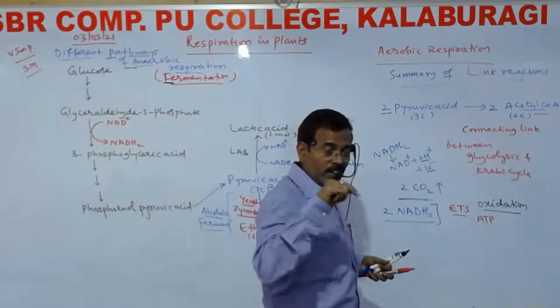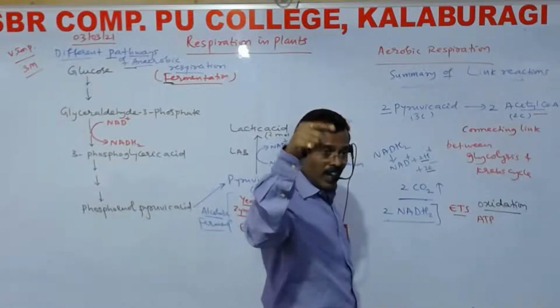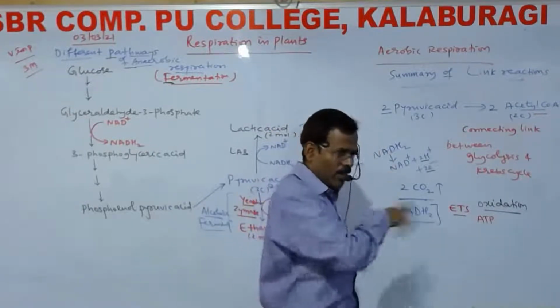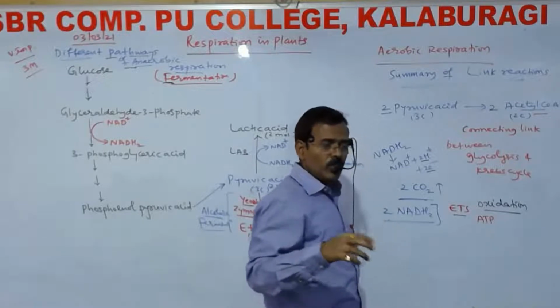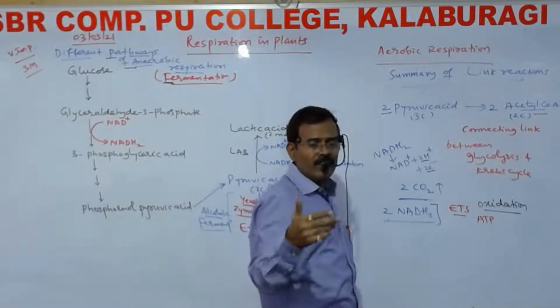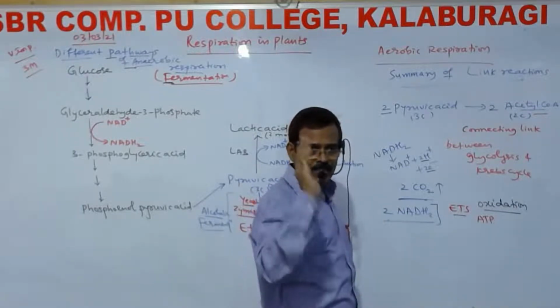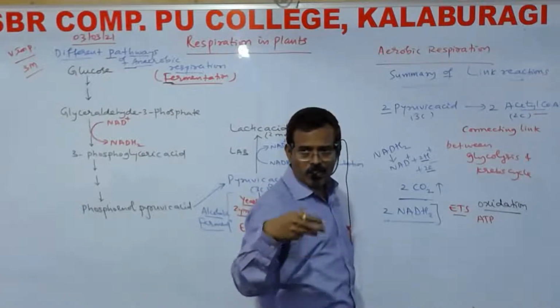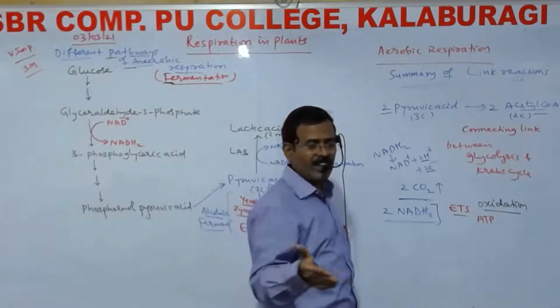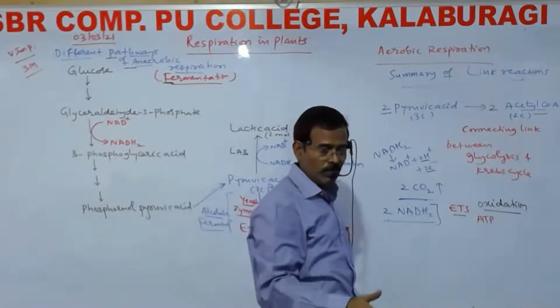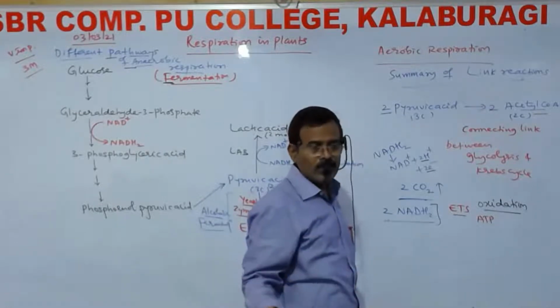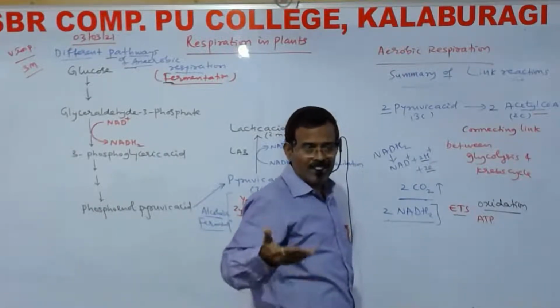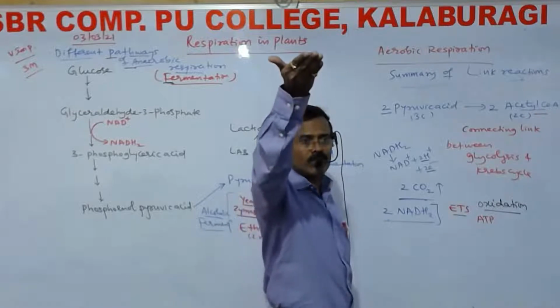So NADH2 undergoes oxidation during the electron transport system. Whatever reduced coenzymes are there, they ultimately enter the electron transport system. They get oxidized and release protons and electrons. Electrons enter the electron transport system and protons get into the intermembrane space, resulting in development of a proton concentration